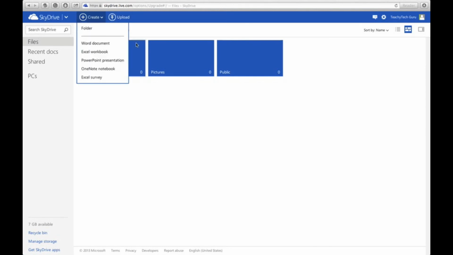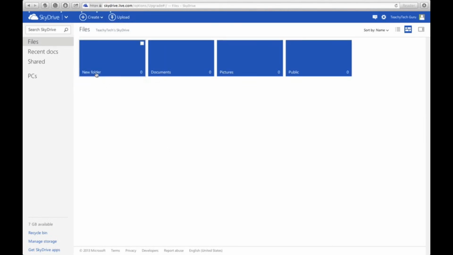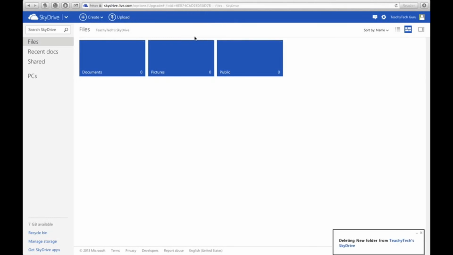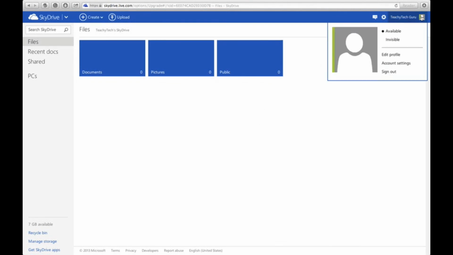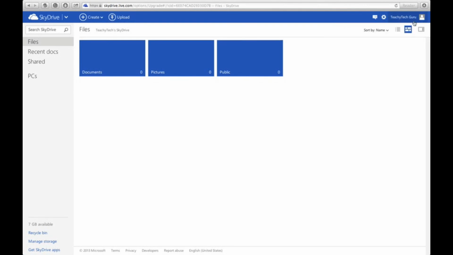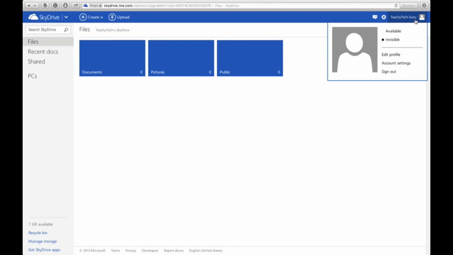So yeah, and then there are some other cool things. For example, I didn't cover that you could create a folder. So you can create a folder and save all these things, and if I don't like it, I can delete it. And then you see that alert, which is pretty cool. Now, if you click on the name, you can say invisible, so that if you're working on something, you don't want to be bothered, you're invisible, but you still have your things, and you can edit your profile,